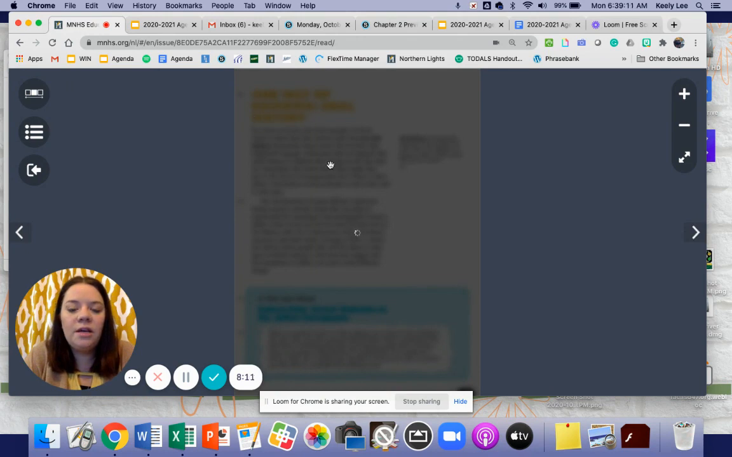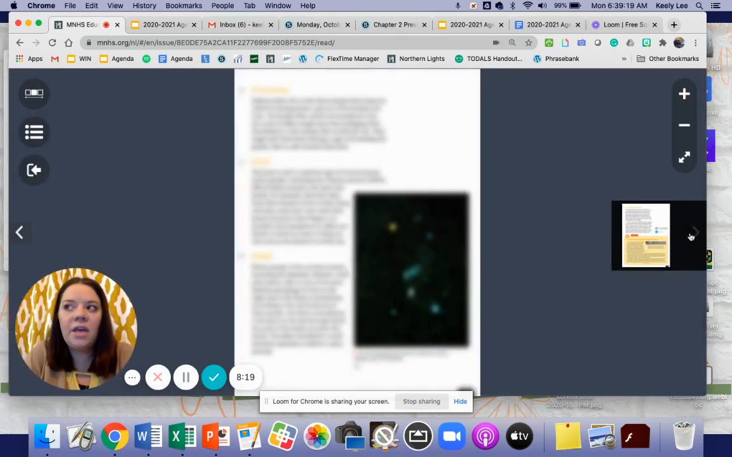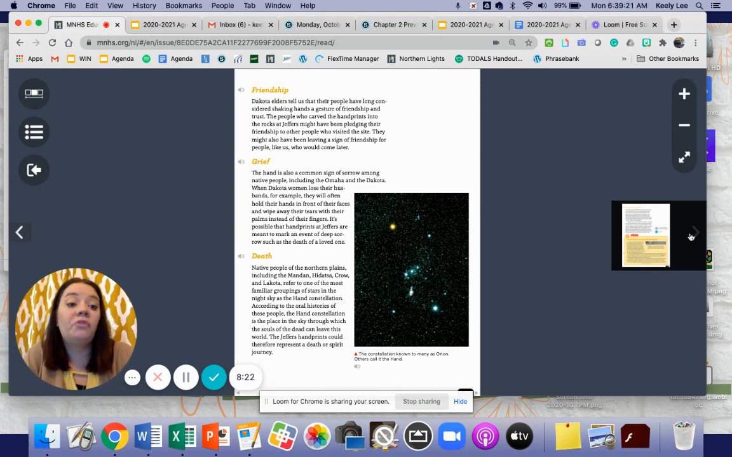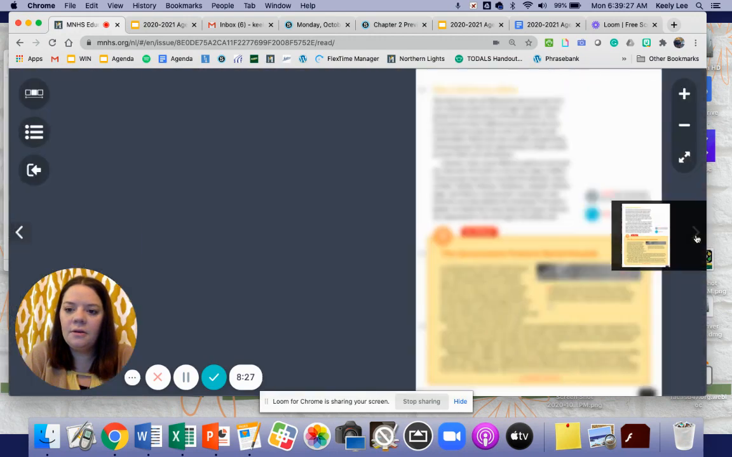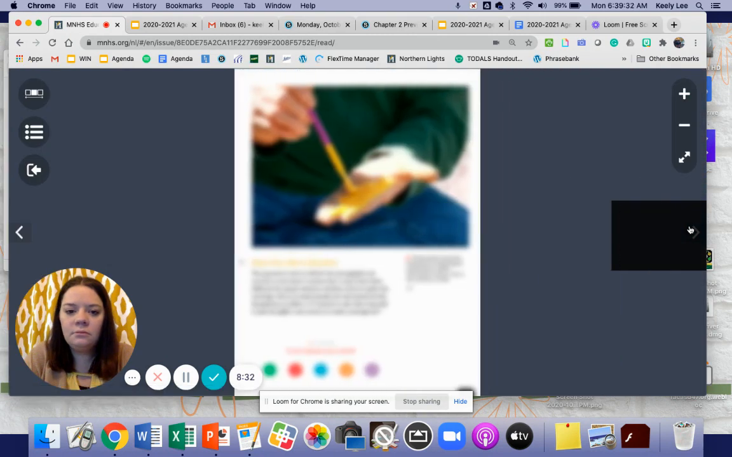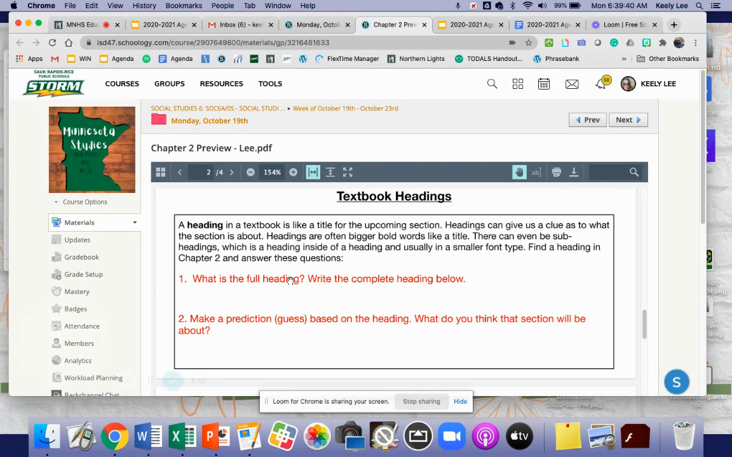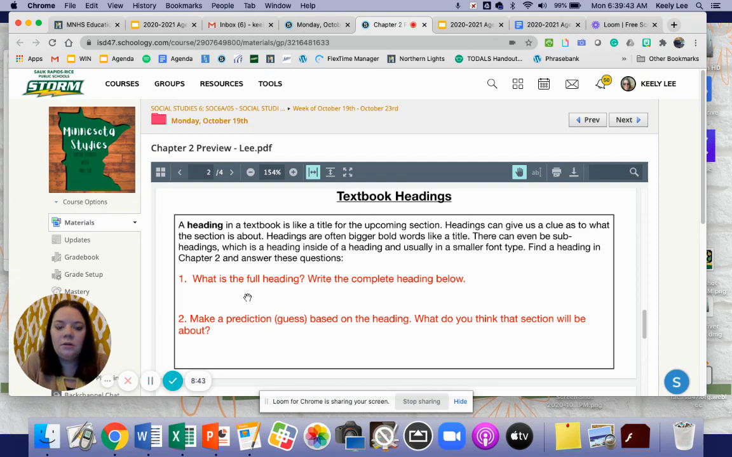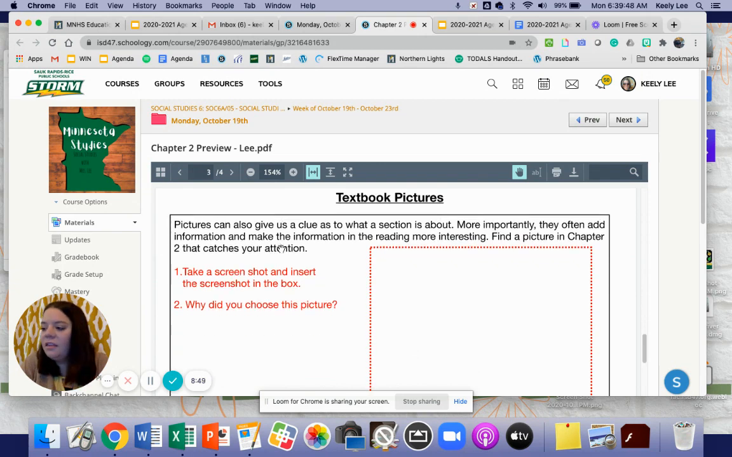Here's another one. Our chapters always are kind of color-coded. So you'll notice that this chapter is yellow. That's another hint that we have some headings. Is there a different text color? And then here you'll see some subheadings, okay? Another heading. Step 1, ask a question, is a subheading, okay? So in that chapter 2 preview, you're going to write about those headings and make a prediction or a guess based on the heading. And then finally, the last